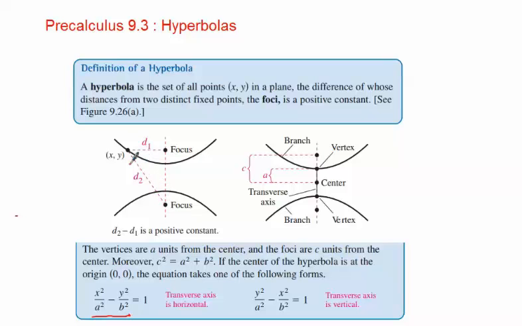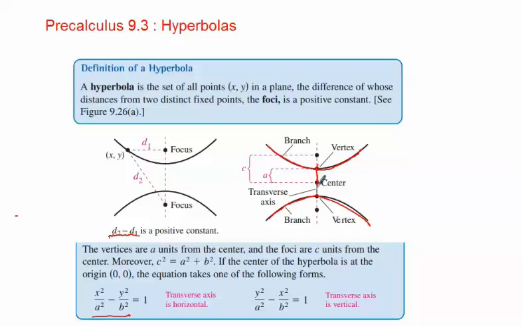Okay, so with an ellipse, the sum of the distances, d1 and d2, was a constant. This time it's the difference, d2 minus d1, that is a constant. So you end up with this shape that has two branches. These are called branches. When it opens up and down,